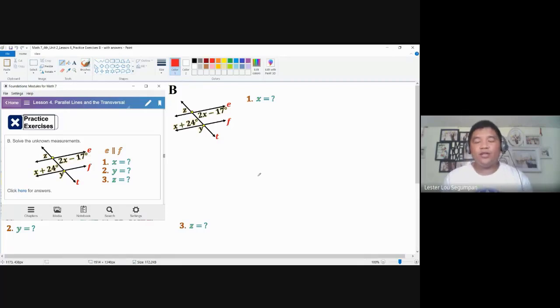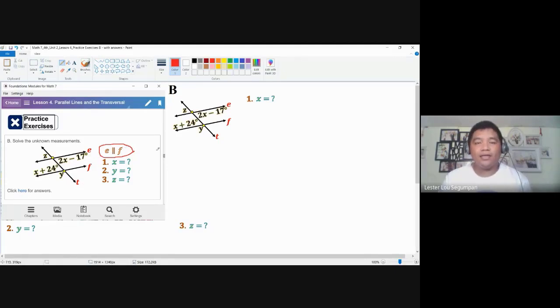This video will be talking about the second pair of angles formed by a transversal. But here we are going to solve for unknown measurements. It's always important for us to start looking for the relationship between the lines cut by a transversal. In this case, transversal line T cuts line E and line F at different points, and these two lines